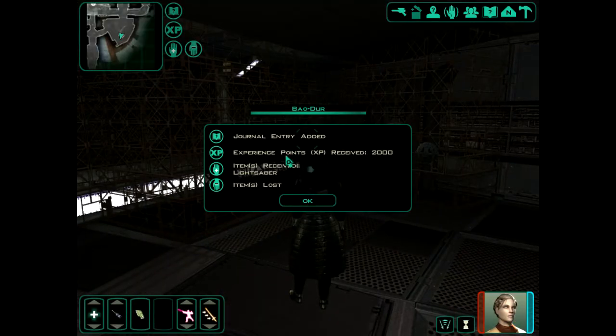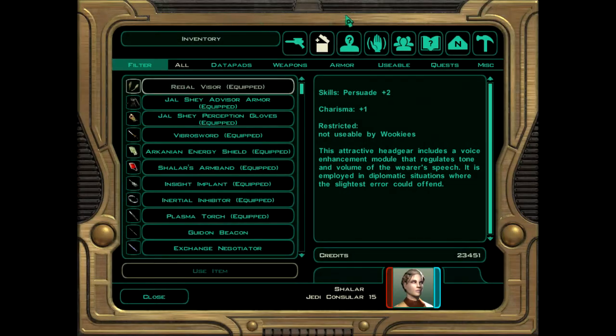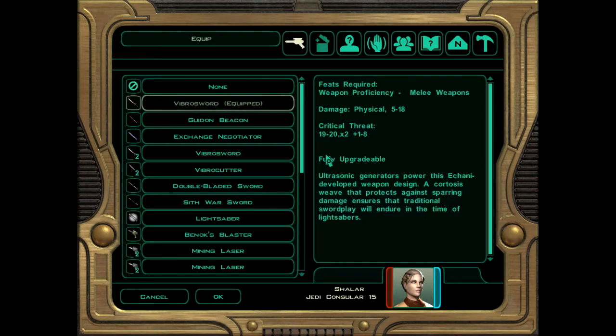Wow. Is that it? It's as simple as that, really? I honestly thought there would be something else for me to do, you know. Wow. Really? Wait a second, get rid of this vibro piece of crap. Give it to Kreia, and then...